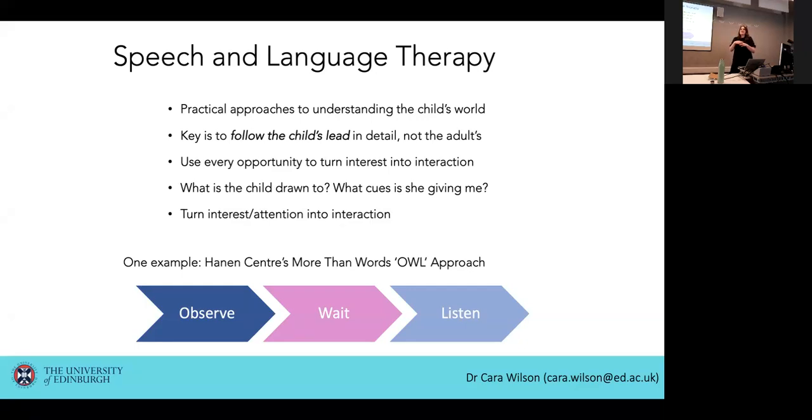And trying to understand what cues children are giving you, what they're moving towards, what it seems like might be engaging for them. As a brief example, this one here is called the OWL approach. These things sound so simple. This was basically just, if you're an adult interacting with a child who's not communicating verbally, to take the time to observe. What they say that looks like is noticing what the child's looking at, what they're pointing to, what